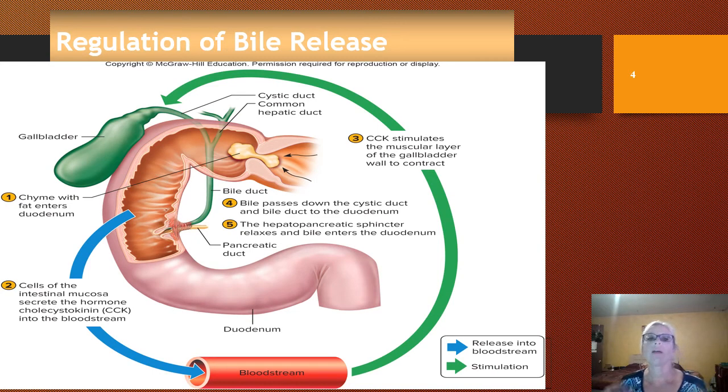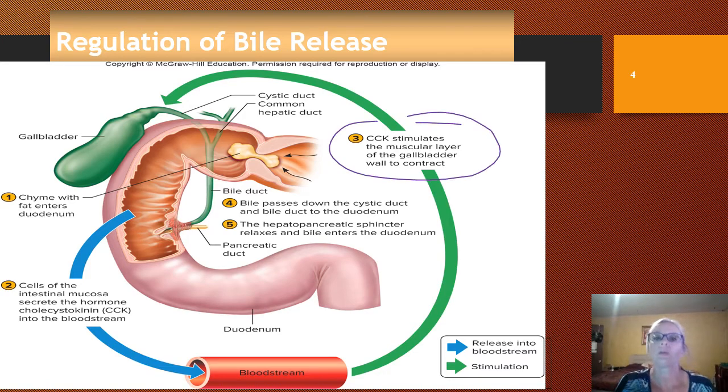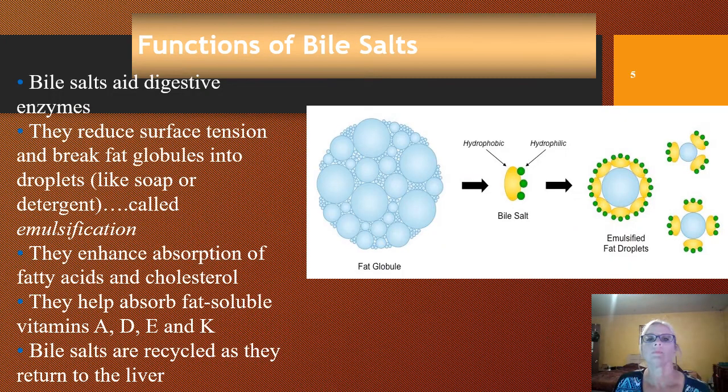When chyme that is high in fat content enters the duodenum, cholecystokinin is going to stimulate the gallbladder to contract, and then it's going to release bile. So bile salts help digestive enzymes, and they help the absorption of fatty acids. They do this by forming what we call micelles, not like missiles, but M-I-C-E-L-L-E-S. And this is where water surrounds and makes the fatty acids soluble in chyme and easier for epithelial cells